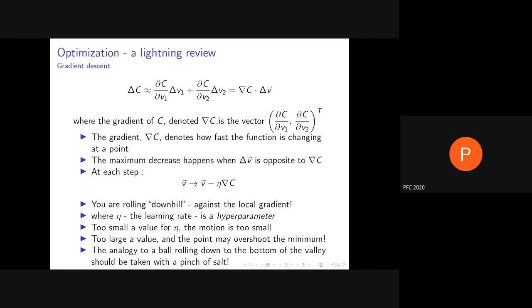In real life, of course, if you tried rolling a real ball on a kadhai, for example, which has a shape like the surface I showed, the ball will not go to the bottom and stay at rest. It will go up and down and oscillate. So we are not really mimicking actual physics here, but we are trying to take a cue from that. There are techniques where you go beyond stochastic gradient descent and use the idea that you already have some momentum. So it's not just the gradient which decides where you are going to go, it's both the gradient and what momentum you already have.